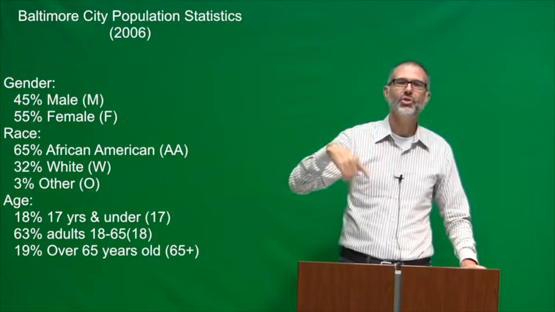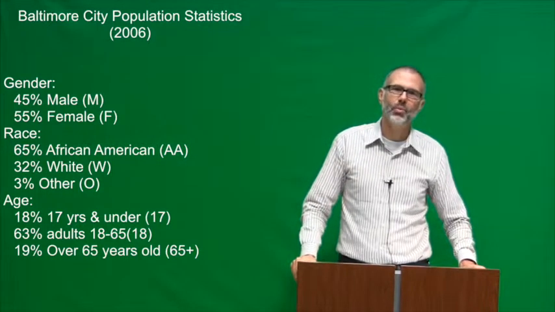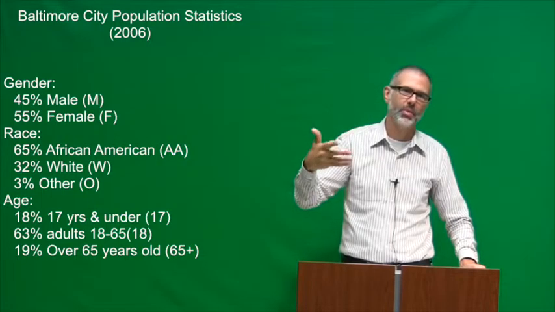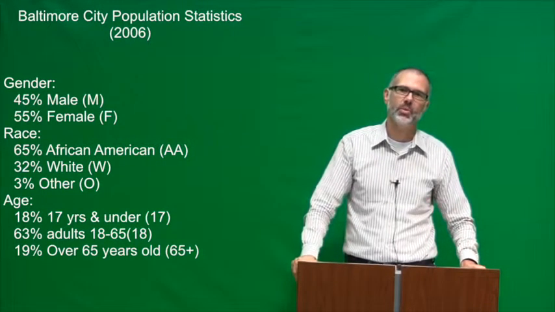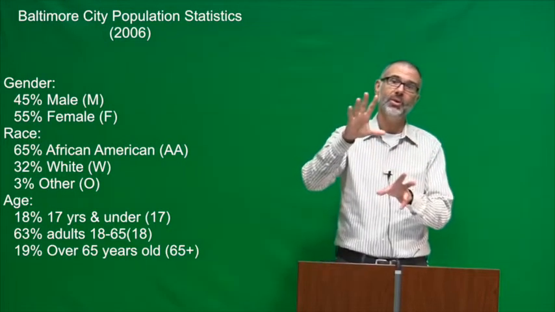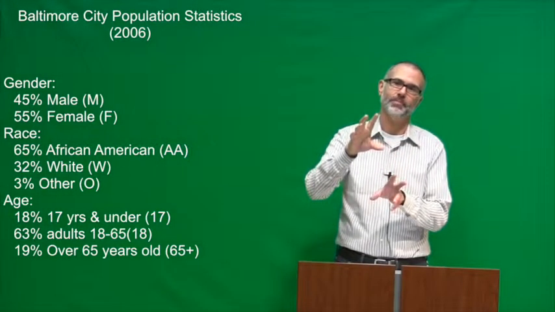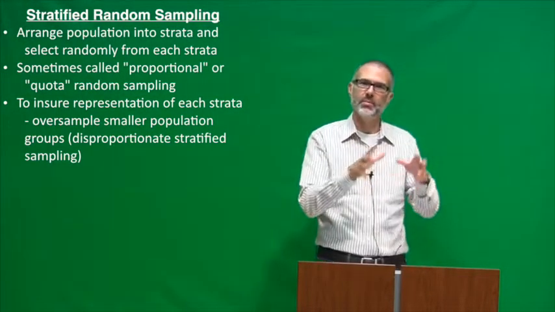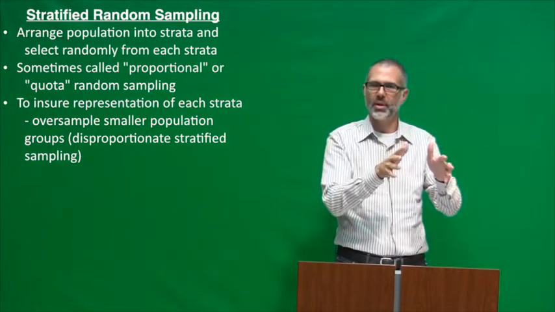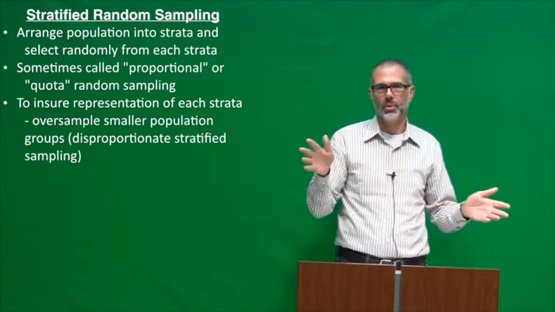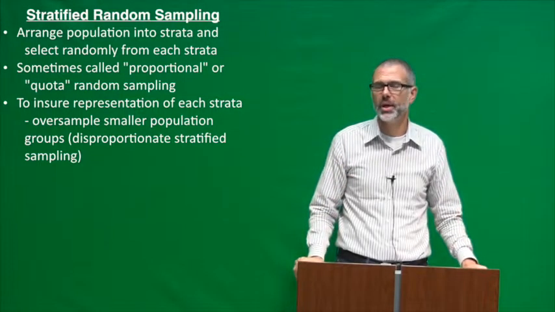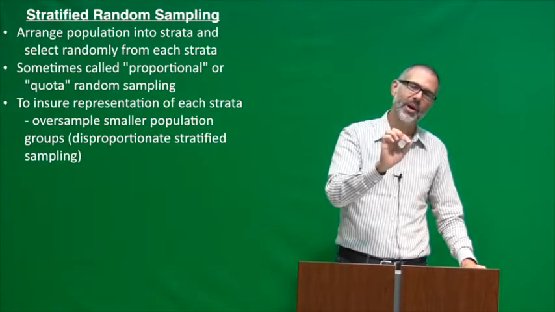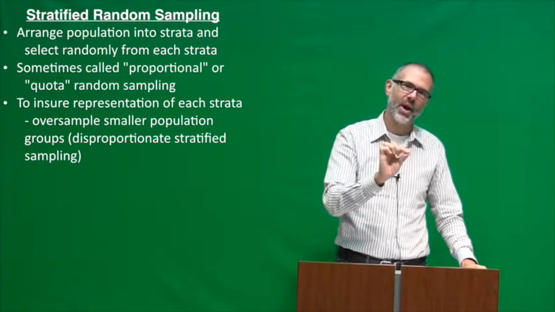So pretty soon I would run out of one of those categories. I would get too many of those, and I would stop sampling white folks or African American folks or males or females, depending on which one I got first, until I got a sample that looked just like Baltimore. This is sometimes called proportional or quota sampling because within each of those bins, male, female, African American, white, other, you can use age categories or any categories that are meaningful that you want to sample from. And so I have quotas in each of those, and I need to find a certain amount of people that fit each of those demographic groups.